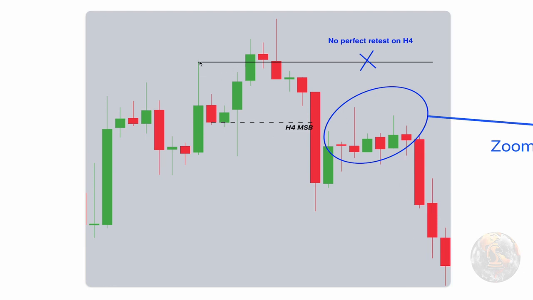But you might be saying, well, this was our left shoulder. We did not get a perfect retest. In fact, we didn't really even get anywhere near it. So would I have just missed this trade, or is there anything I could have done? Let's zoom in on this part on a 1-hour chart and show you how you can do what's called a